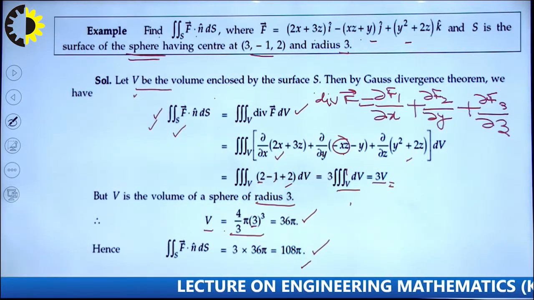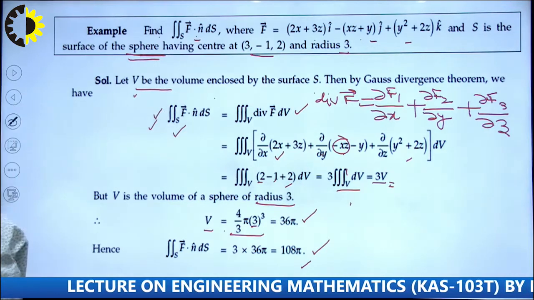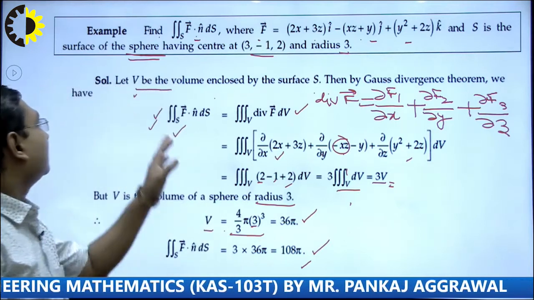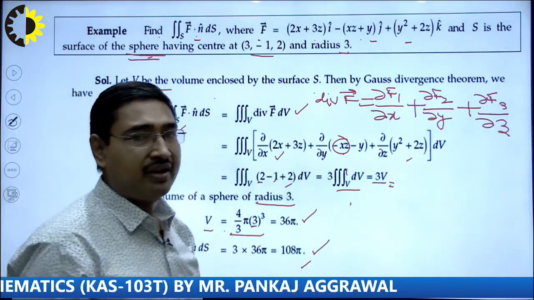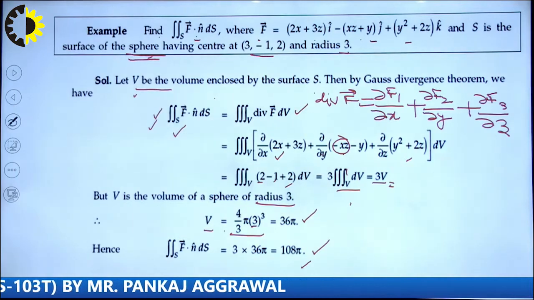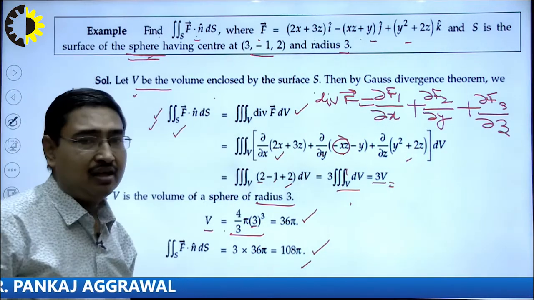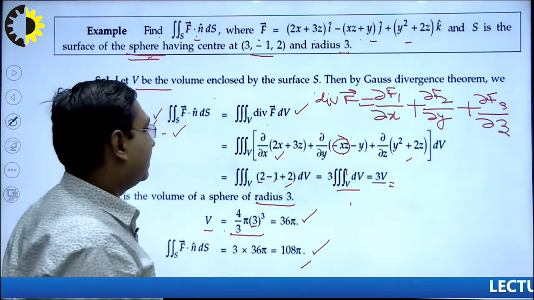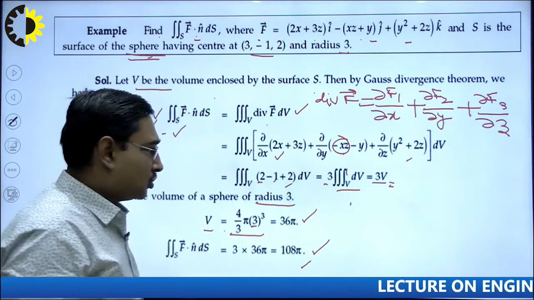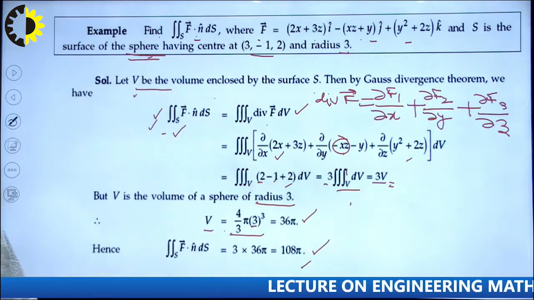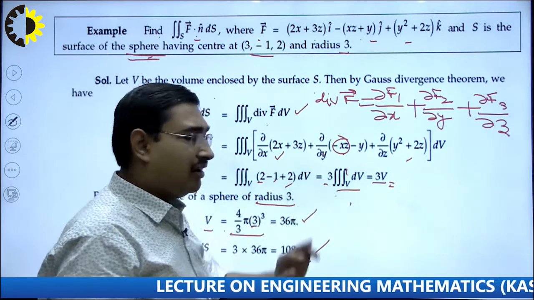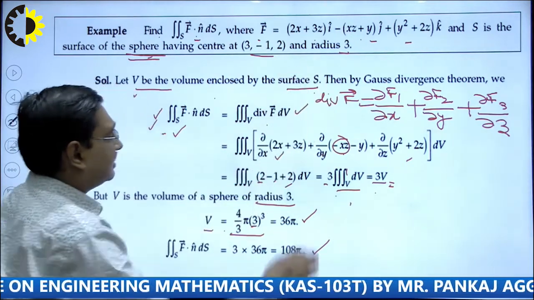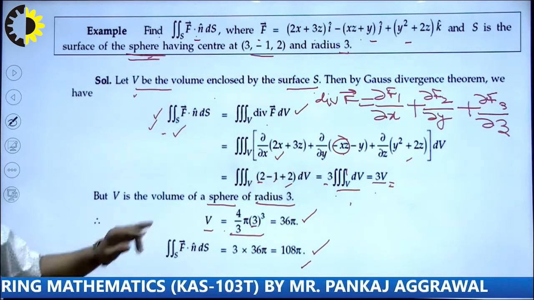Let me sum up once again. This surface integral of f dot n dS was to be calculated. The function f was given. The surface was also given. To evaluate this surface integral, I calculated the integral of divergence f dV, because by the divergence theorem both of these will be equal. The divergence of this f came out to be 3. So the function occurring inside the integral was 1, so it will become volume. Volume of what? Volume of this surface S. The surface was the surface of a sphere.